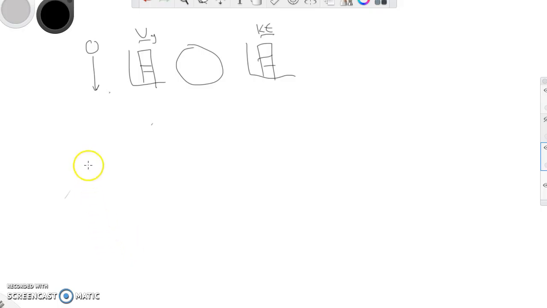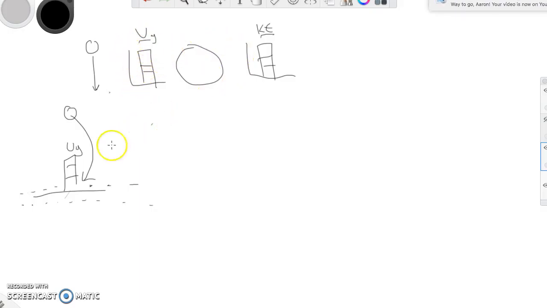Now, what that means is this, okay? If you have a ball up here, it's got lots of potential energy, if it's above the ground. But everything down here on the ground has no potential energy, okay? And what this system wants, what the Earth wants to do, is to take this ball and make its energy level the same as everything else. So the energy is kind of evenly distributed. Okay, and that's kind of the goal of all systems. They all want to go to that point. And so what happens is, when you have something with potential energy, when it gets a chance, it's going to try to transfer that energy into kinetic energy.